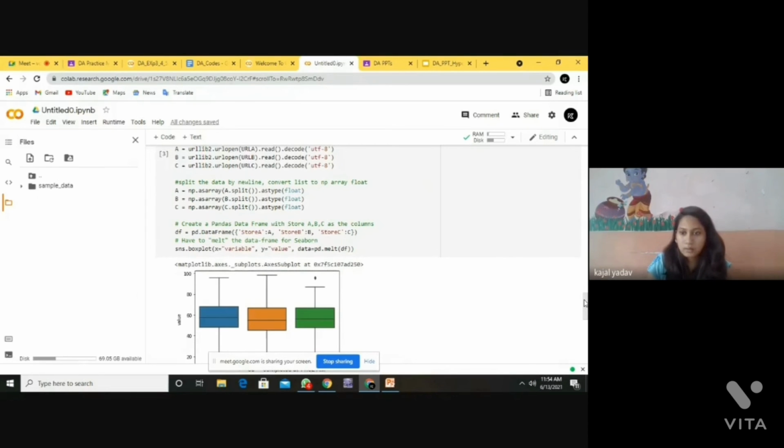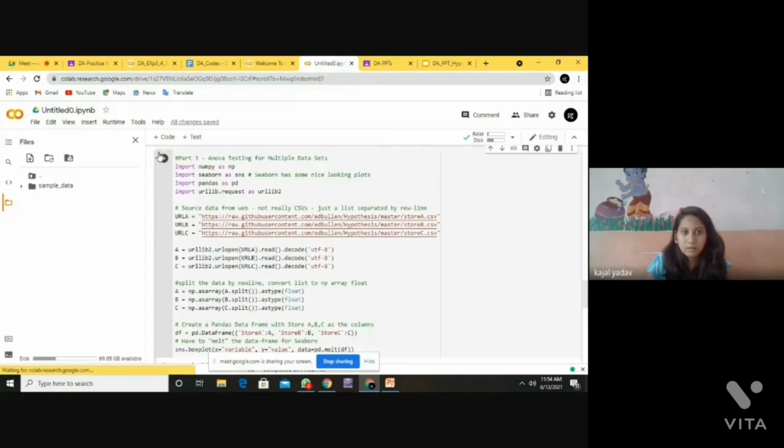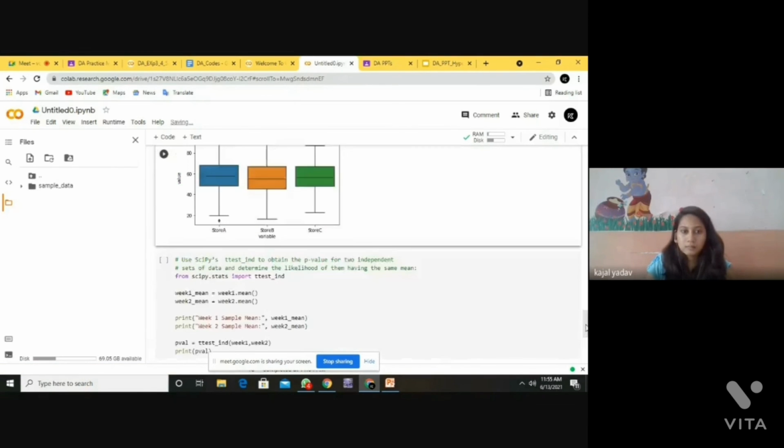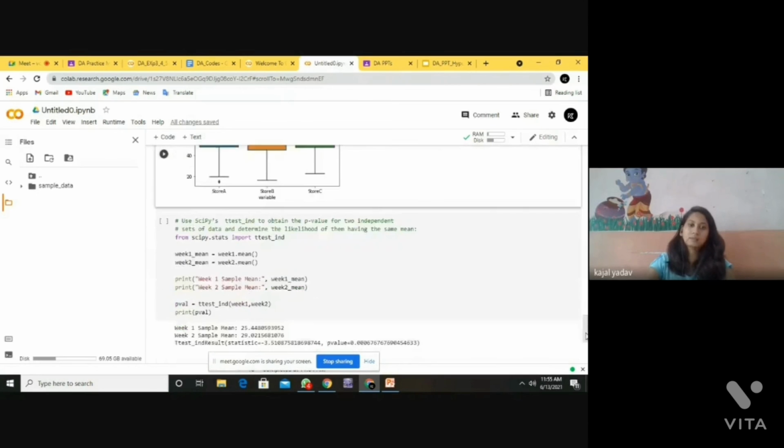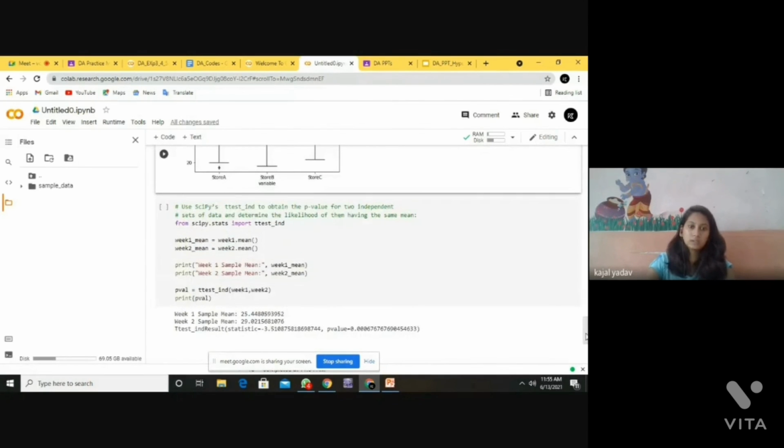So if we run this code, we will get this type of three-parameter ANOVA test. The last code is for the SciPy t-test to obtain the independent p-value.